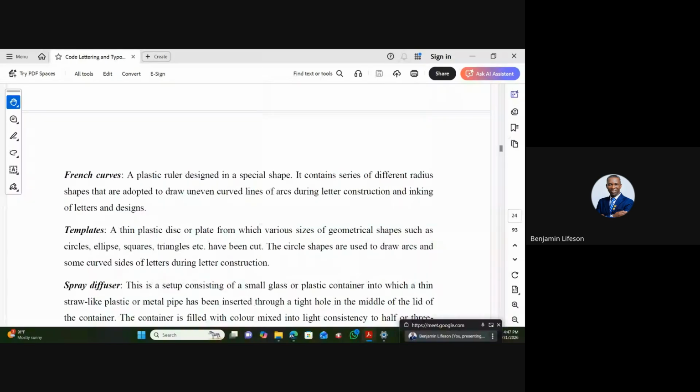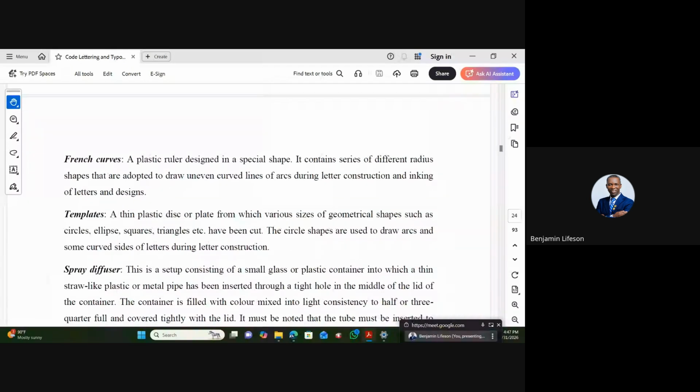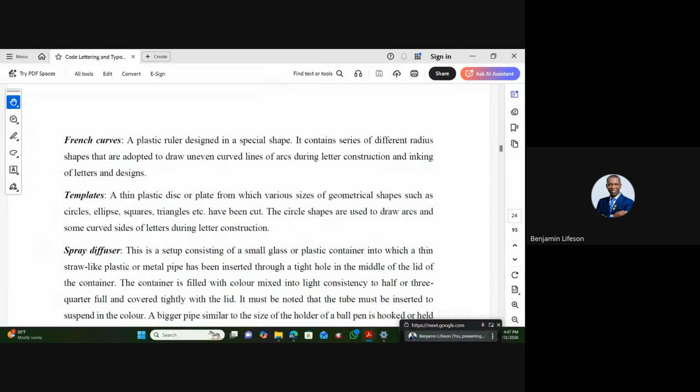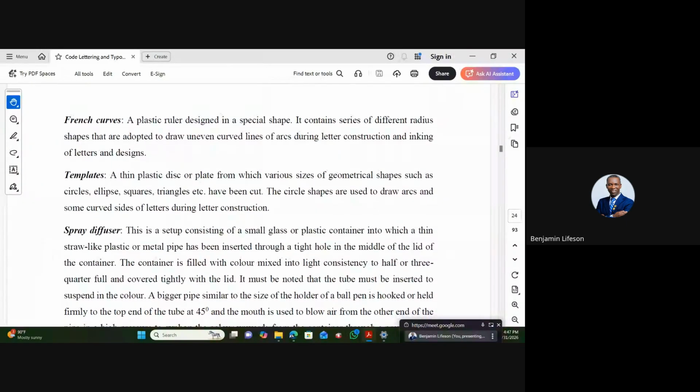We said they are plastic rulers designed in a special shape. It has different series of shapes, and it's used to draw curves and arcs when you are constructing letters. Then we have